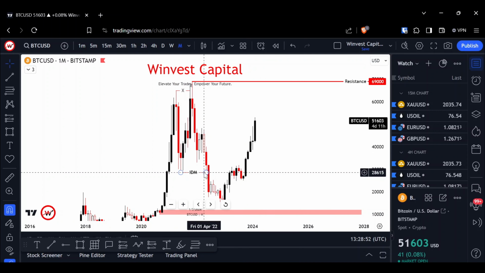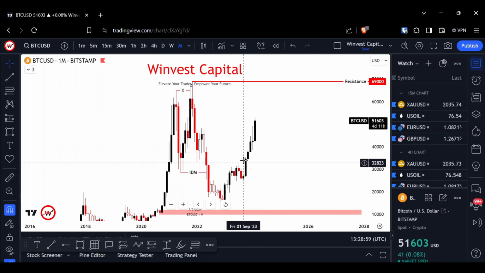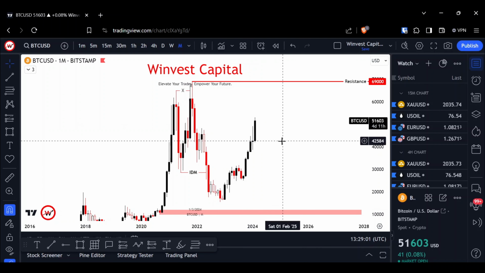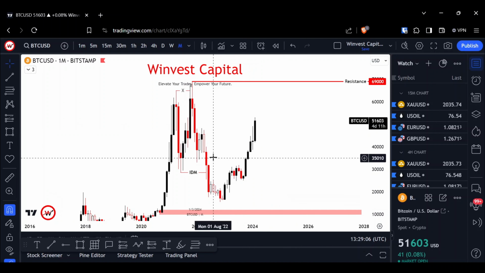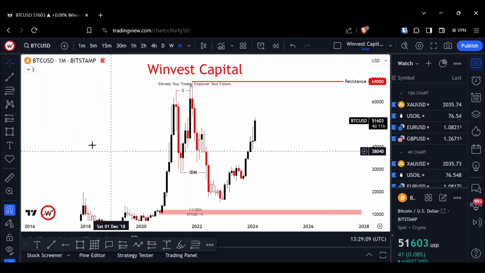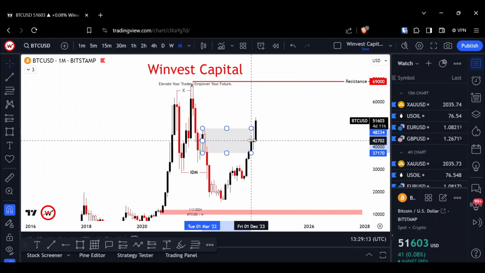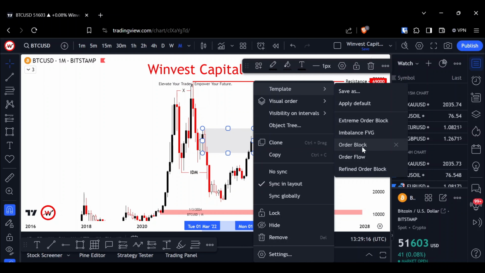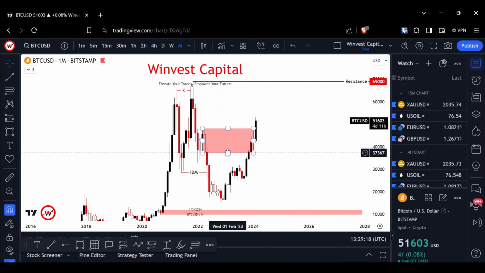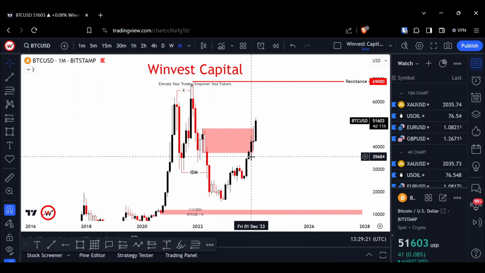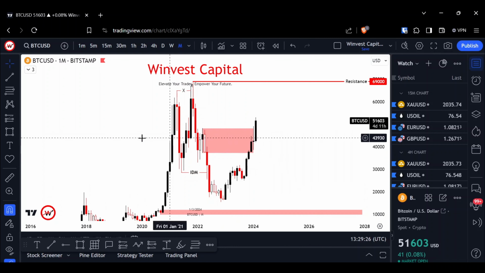When the IDM has been swept and a candle body closes below it and it makes a run up, that means it's likely that it will pull back from either the first pullback, the first order block that would have been here. I think I marked this in the previous market breakdown as well, but as you see, we